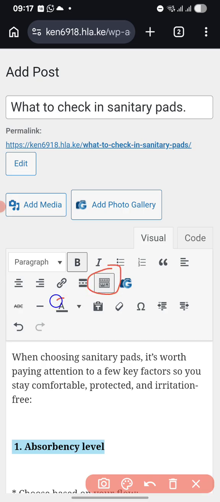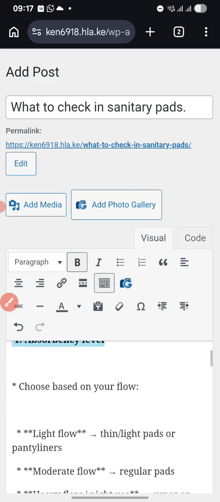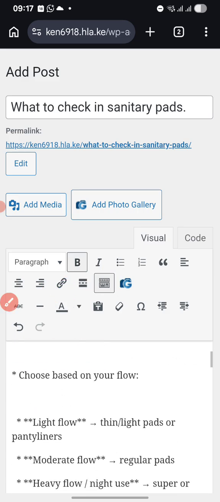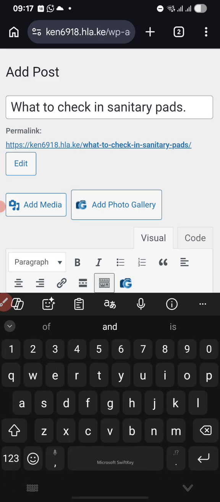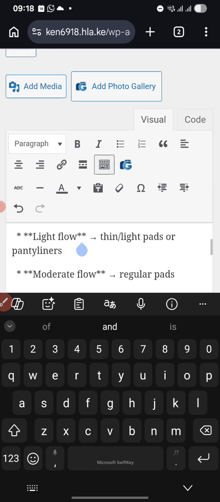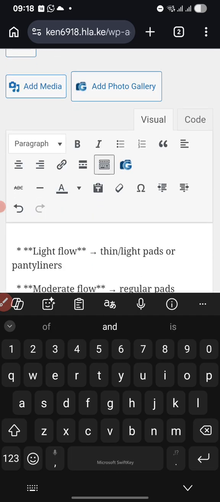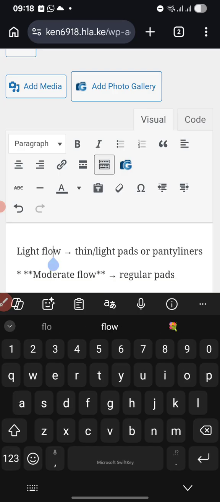Maybe you wanted to change the color of the text, maybe you wanted to underline it, or maybe you wanted to put a link behind a text. Like, let's say I wanted to put a link behind a text, and in this case it is possible. Let's say I wanted to put a link behind a text. Maybe I say